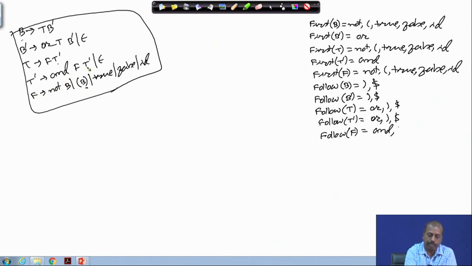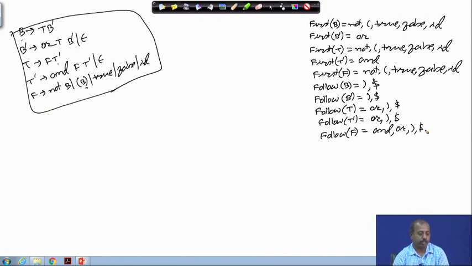Now, you see that T dash can give me AND. So, that AND has come in the follow of F, and the other symbols that can come in the follow of F are basically this OR, then this close parenthesis and dollar. So, these symbols can come in the follow set of F.